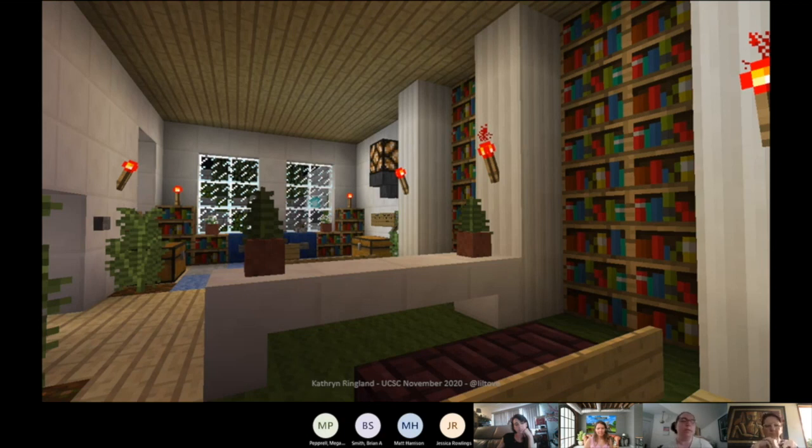The one you're seeing on the screen here is just a library. It's just a quiet library where somebody can go and sit peacefully away from the activity and chatter of the rest of the world. What's kind of cool about this space is you can see in the back there's chests, and the